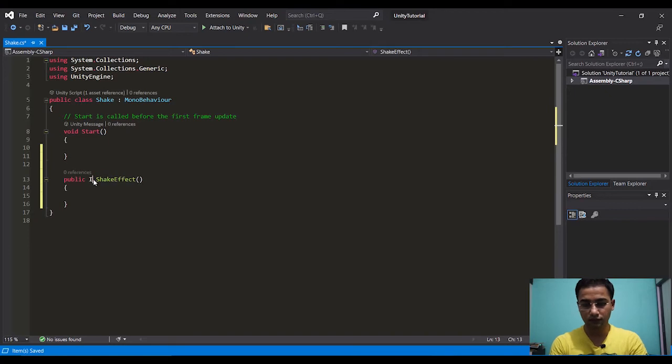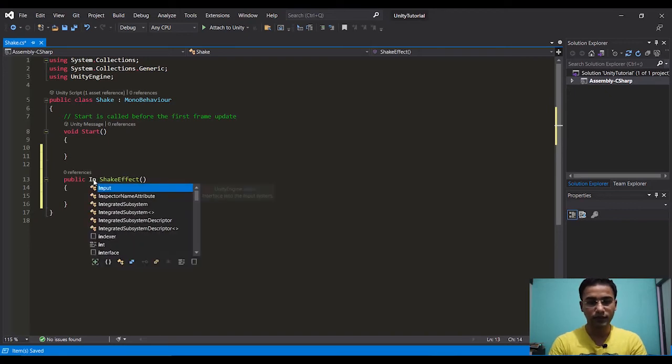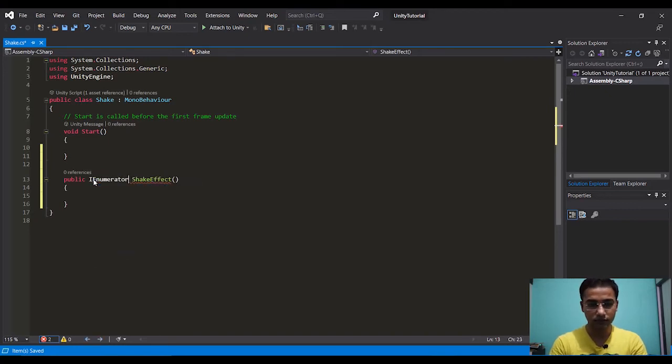I'll make it an IEnumerator. Then I'll pass two parameters: duration, which is for how long I want to shake my camera, and magnitude.